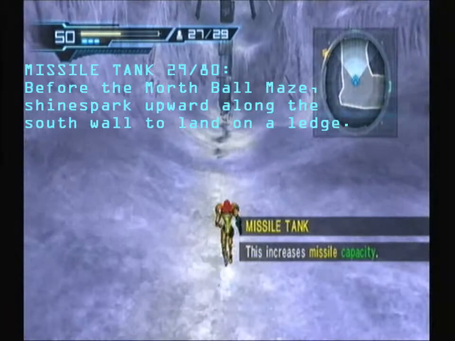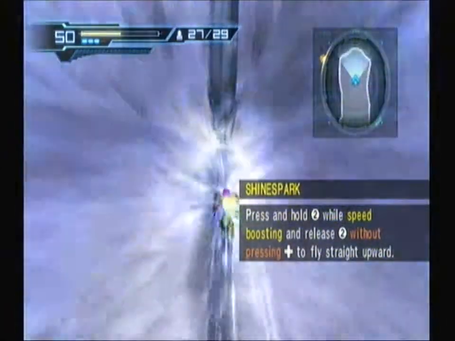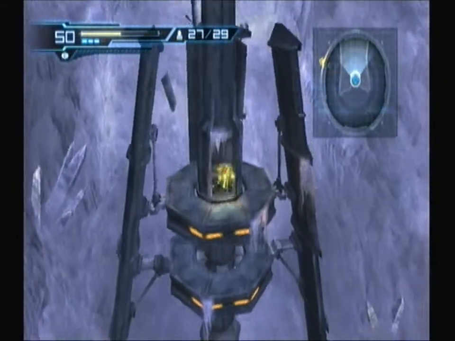Just drop. Run all the way over here. Good, I had just enough room. Okay, now you just want to jump straight up again. Get on top of this, there we go. And use this